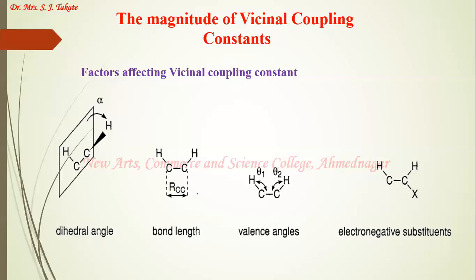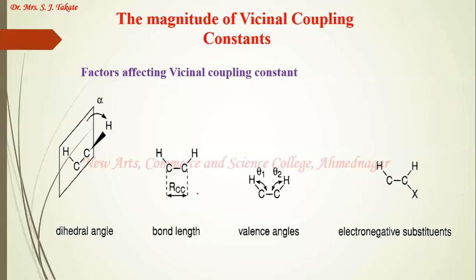If you remember the coupling constant values, you will notice that one bond coupling constant values are larger. This indicates that the interaction between these electrons is a very strong interaction. And as the distance between the coupling nuclei increases, the coupling constant value decreases. We have seen that variable coupling constants are possible. This means that the coupling constant values are affected by some factors. In this lecture, we'll study the vicinal coupling constants and the factors affecting the vicinal coupling constant.